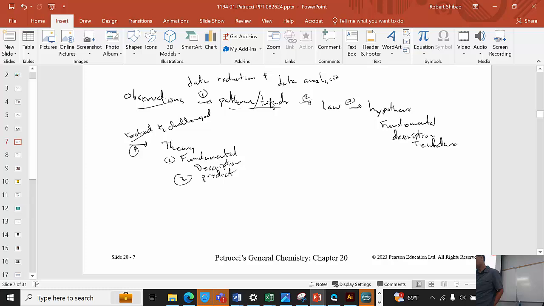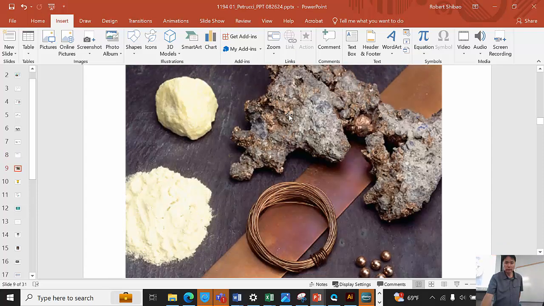And then we talked about some properties of matter, classification of matter, SI units. What we're going to do today is zip through